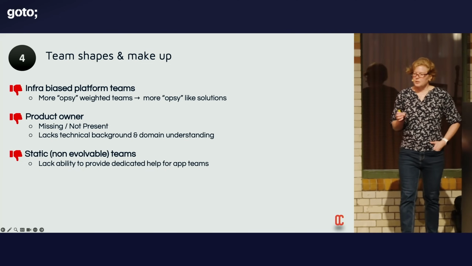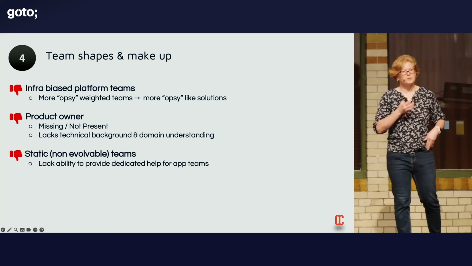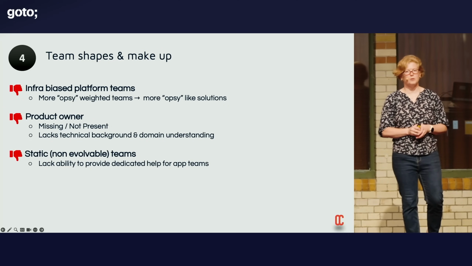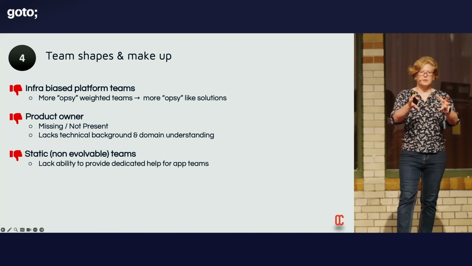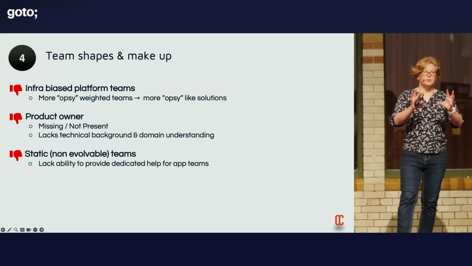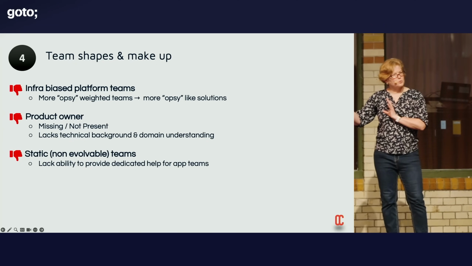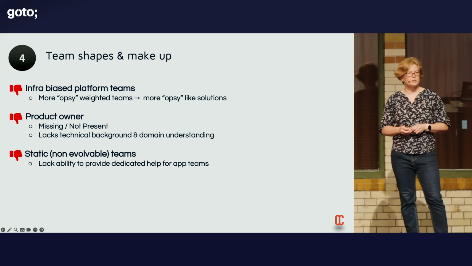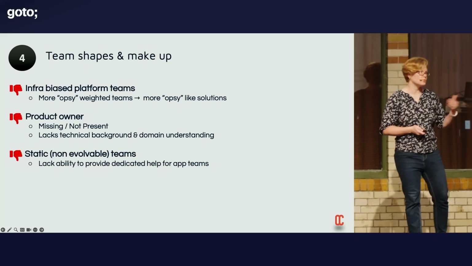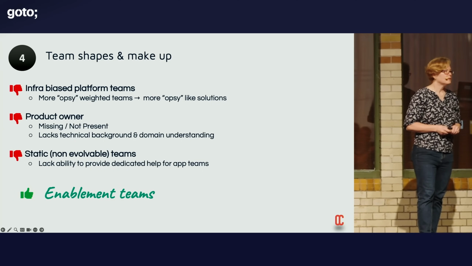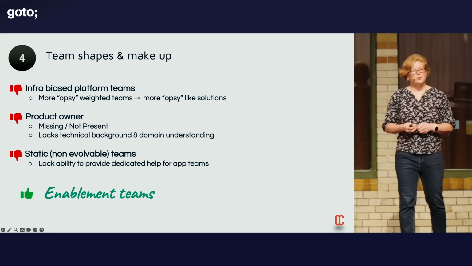So finally, the last bit in this section is where we have static or non-evolvable teams. So when the platform teams, platform engineering initiatives are set up, sometimes we can think, okay, we've put our team together, they're going to build the platform, and that's it. But the challenge is that you've got to think a little bit long-term as well, like how do we support the end users? You might need a support function, professional services, all these type of things in order to actually make this work properly.